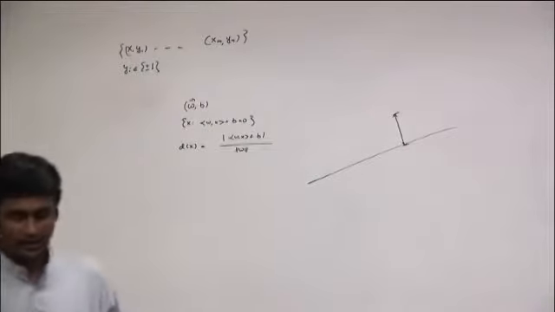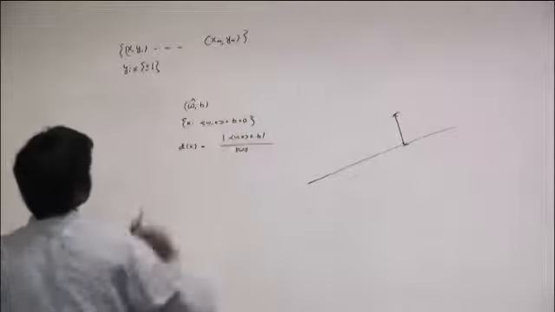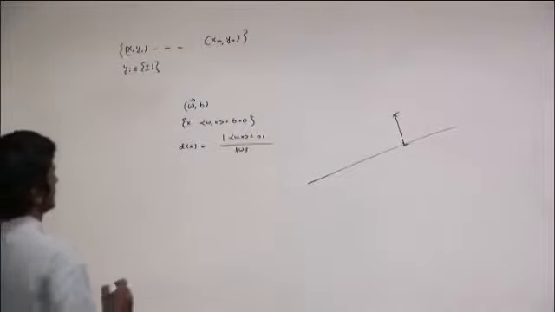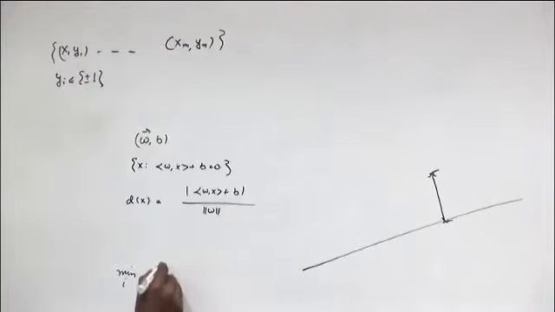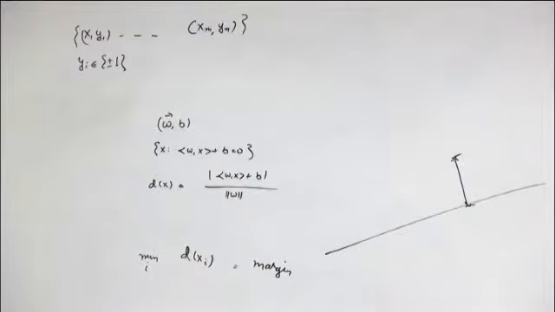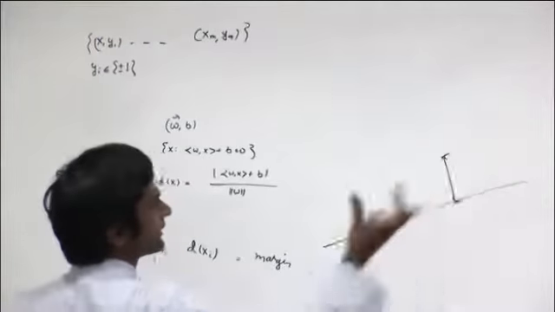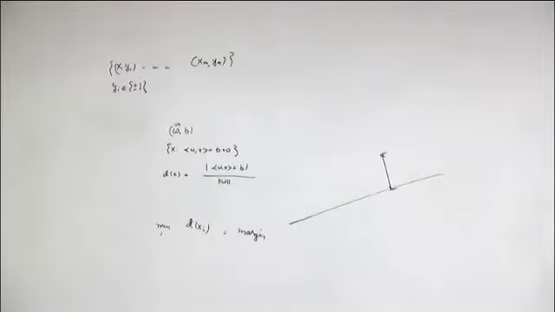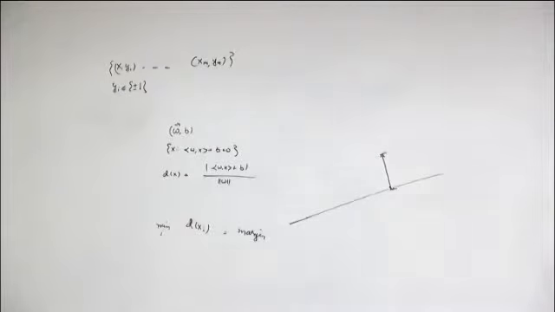Now if I give you a set of data, say these points x1 to xm, then the min over i of d of xi, I'm going to call the margin. What does the margin simply say? If I give you a cloud of points, find the point that is closest to the hyperplane and look at its distance. That is what the margin is. Of course, if there is a point which lies on the hyperplane, then the margin is equal to 0.